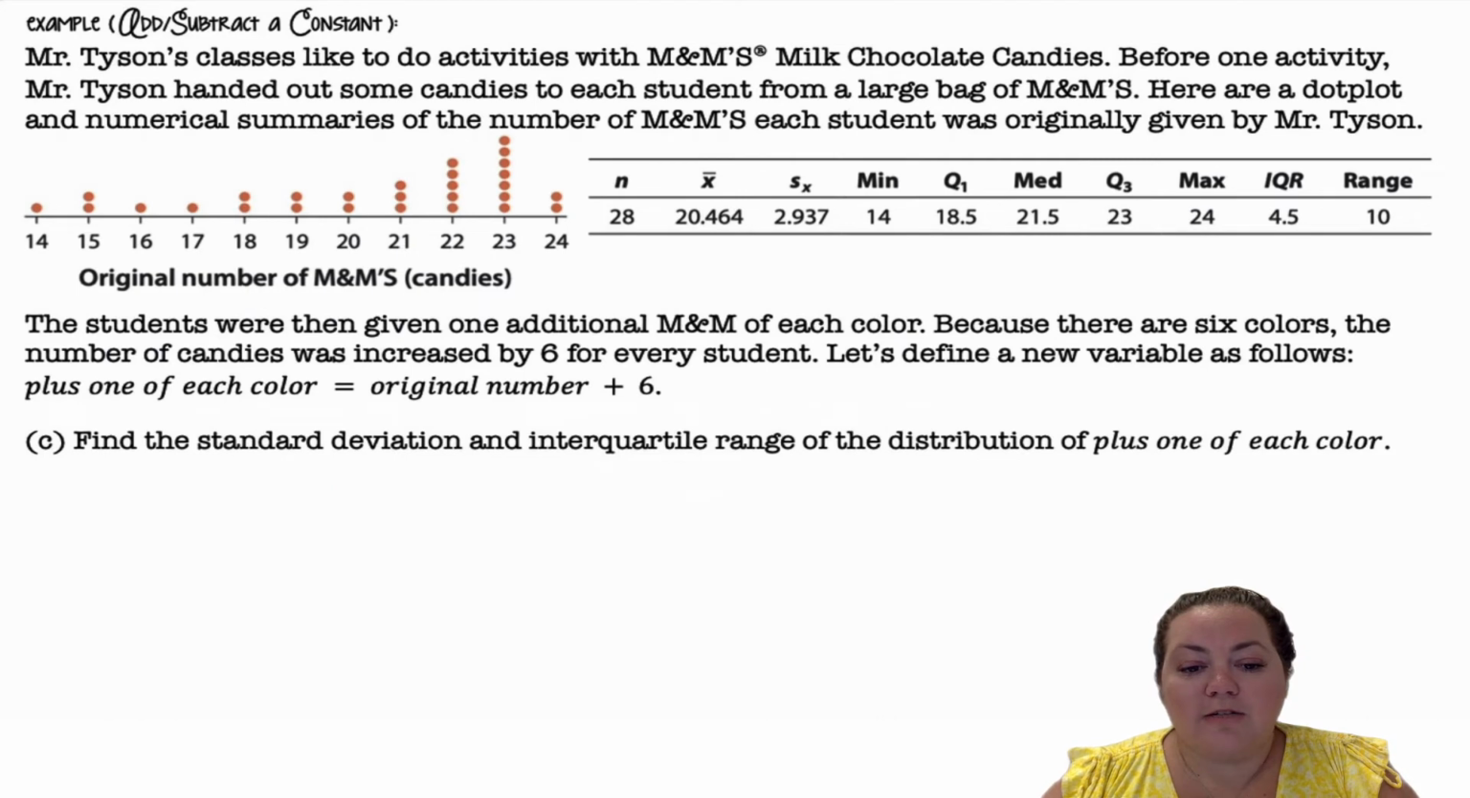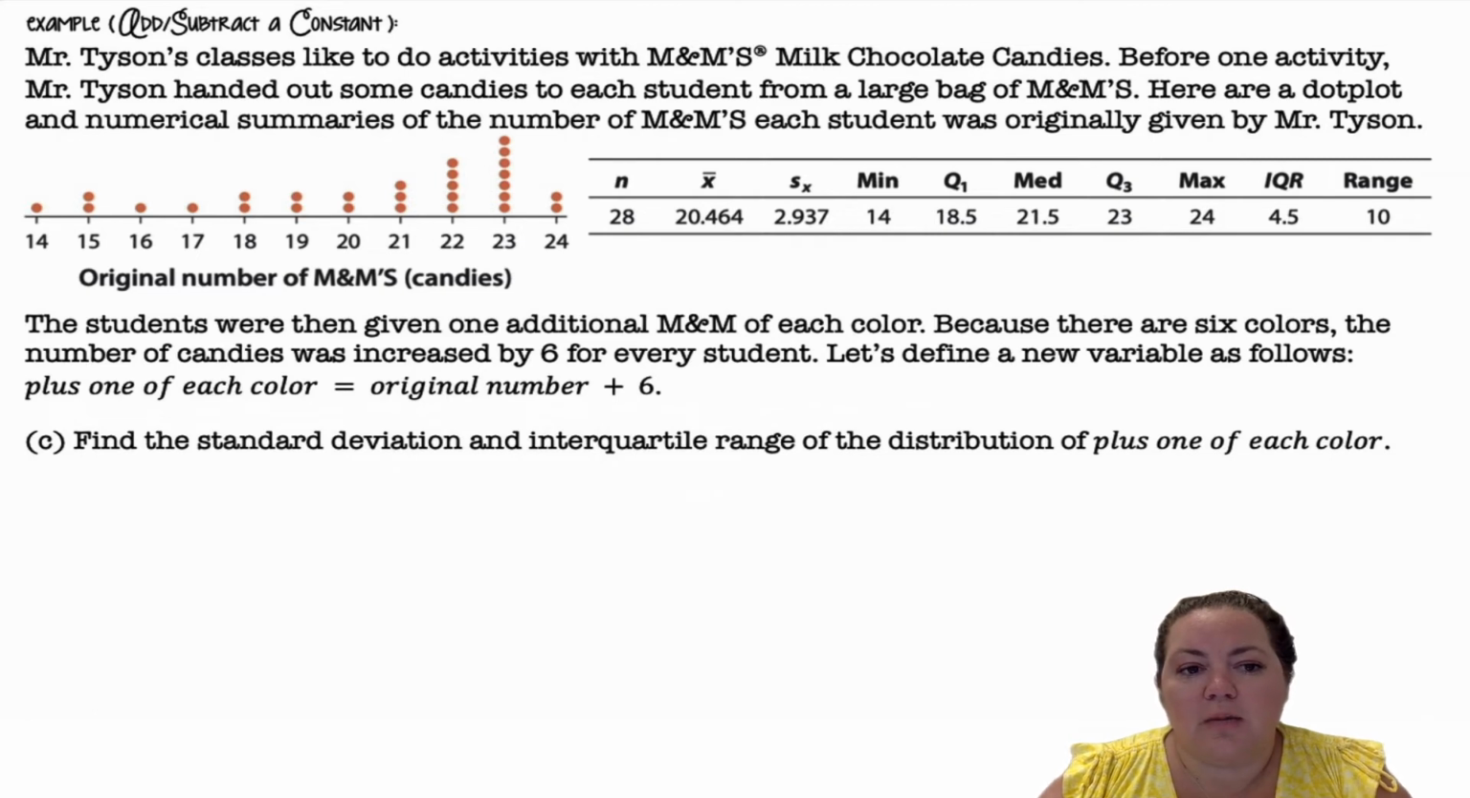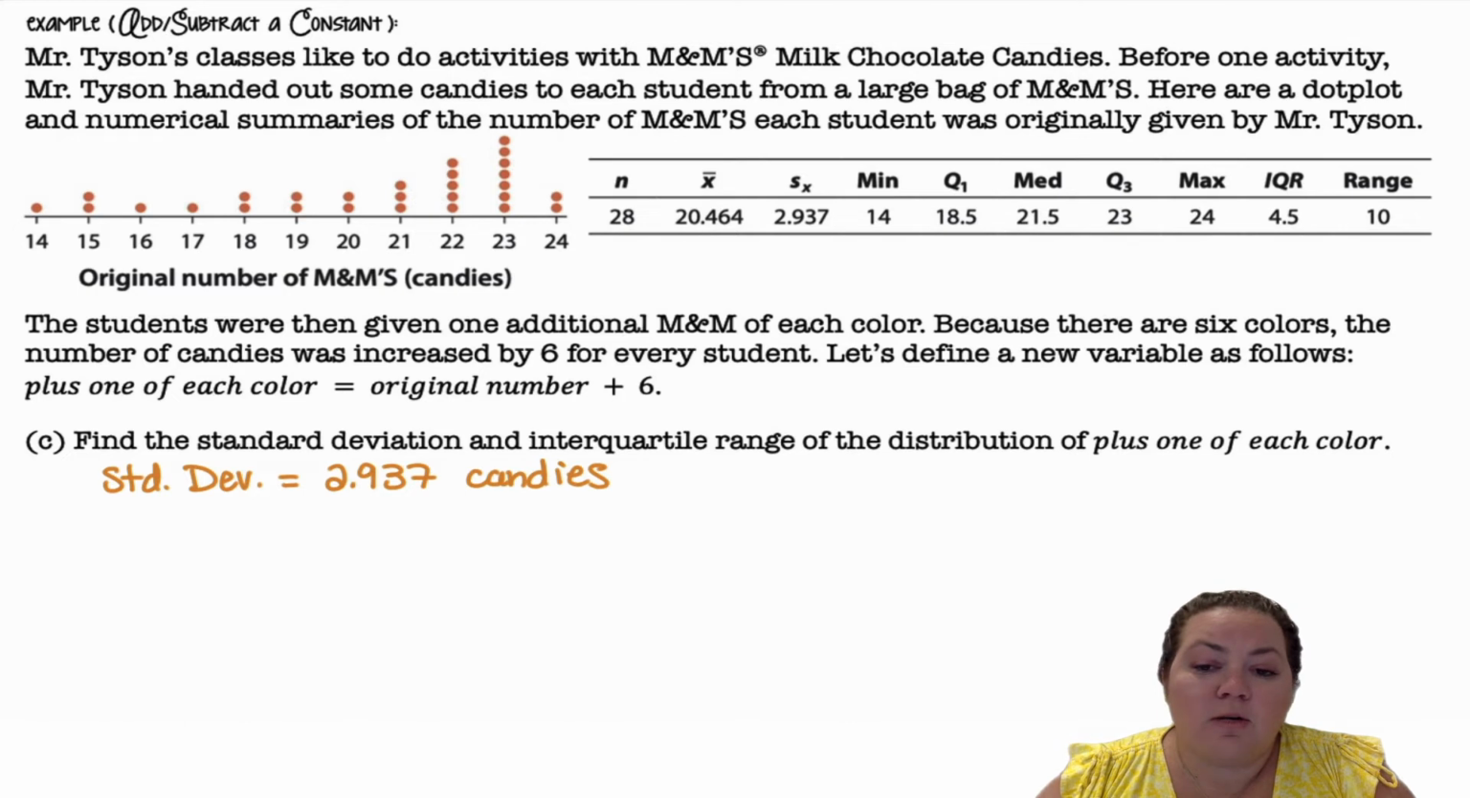All right, find the standard deviation and interquartile range of the distribution of plus 1 of each color. So if I add 6 candies, it's going to slide things over, but it's not going to spread them out more, because the 14, the lowest value, is going to increase by 6, and the highest value is going to also increase by 6, so it didn't get more compact or more spread. All right, so my standard deviation is going to stay the same at 2.937, and my interquartile range would stay